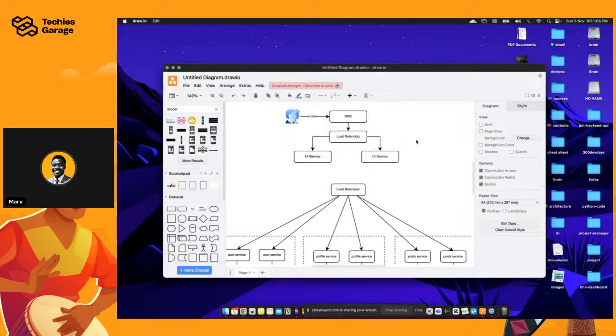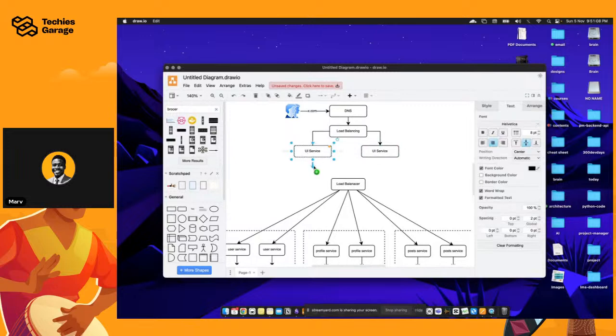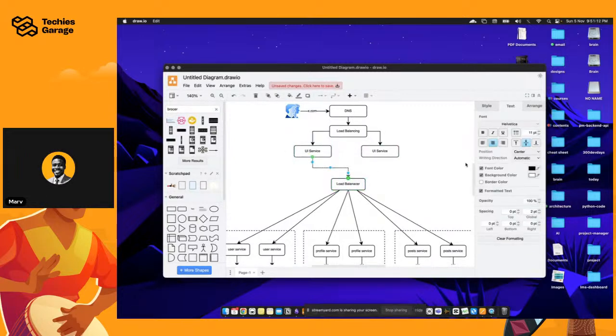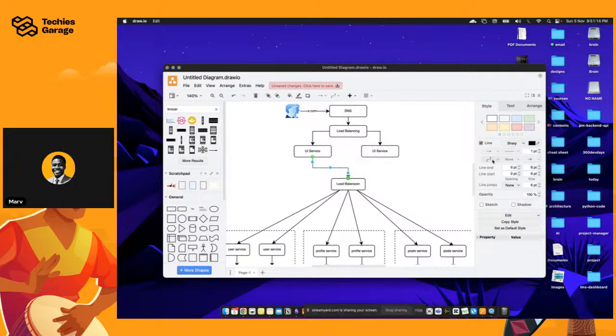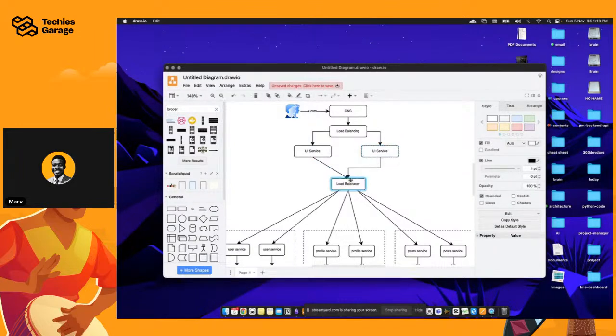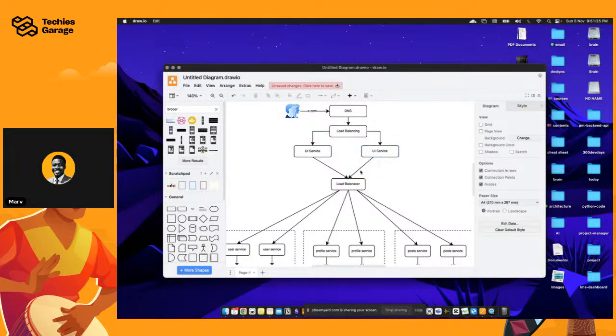And now these guys simply want to communicate to the backend and they decide to go, of course, via this load balancer. Okay, good. All right.